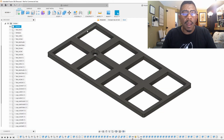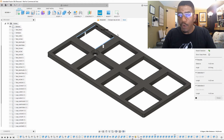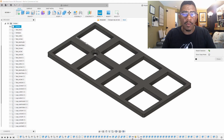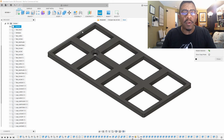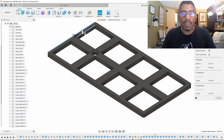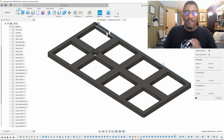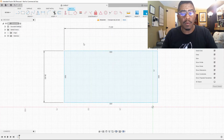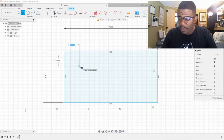If I go back here, I know that these squares have to be 14.2, wait, 14.2 by 14.2. I also know that this first square is going to be 2.05 from the edges. There you go. So 14.2, 2.05 from the edges. I'll go here, say 14.2, tab 14.2,